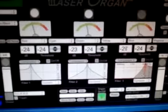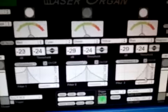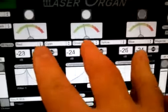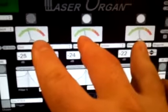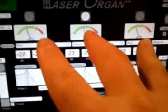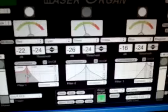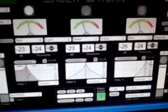This gives you a good graphical representation of what each of the 3 filters are doing. And above the 3 graphs are 3 VU meters. Think of these as helpful tools in finding and locating the frequency. For instance, if you wanted to grab this low end frequency and say, where is that bass drum or kick drum